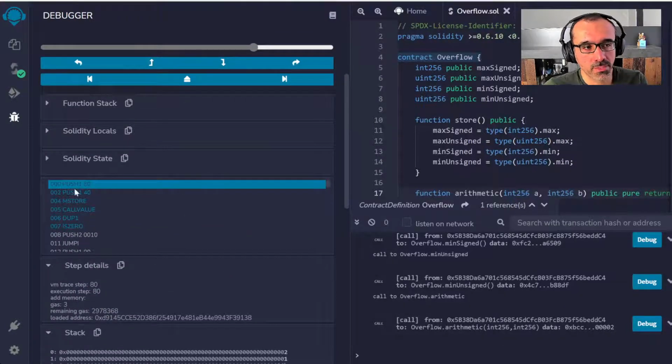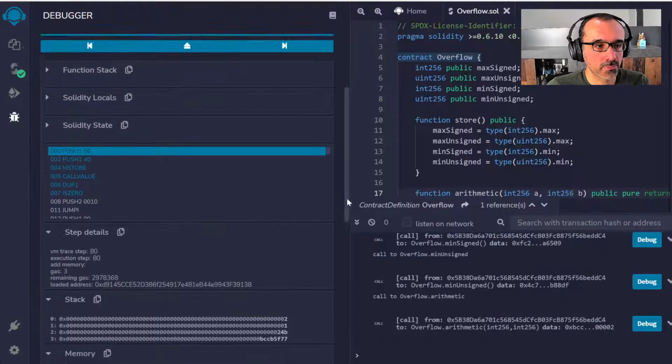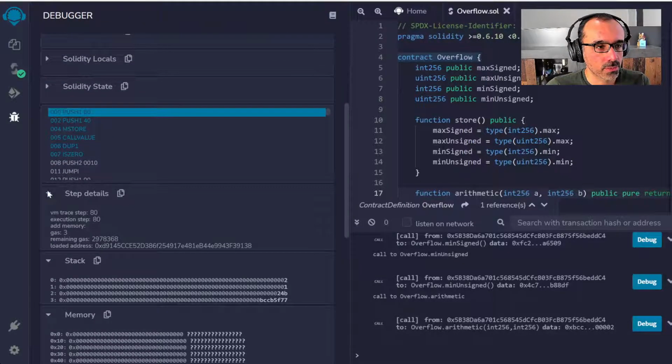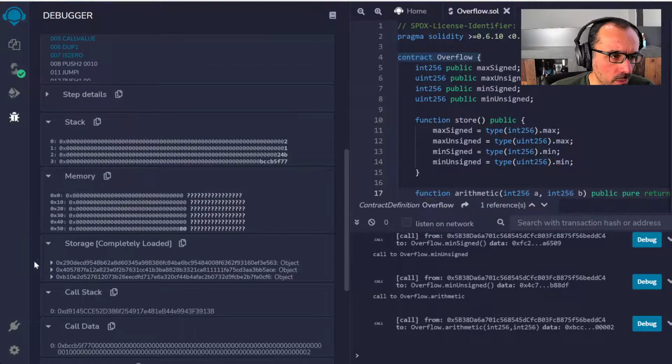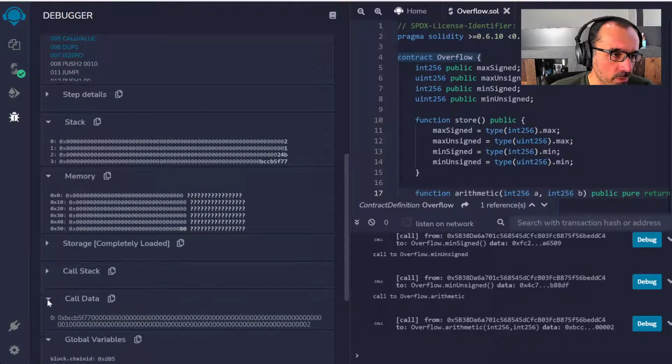This is effectively the bytecode that is disassembled for me so I can read it. So these are the instructions being executed by the EVM. And right here, our amazing stack that we're going to look around, and memory. The other things we don't really need to worry about at this stage.